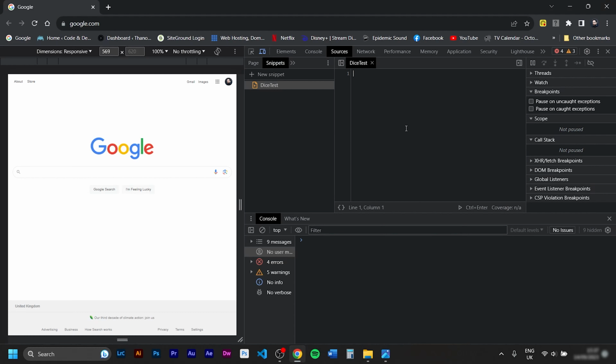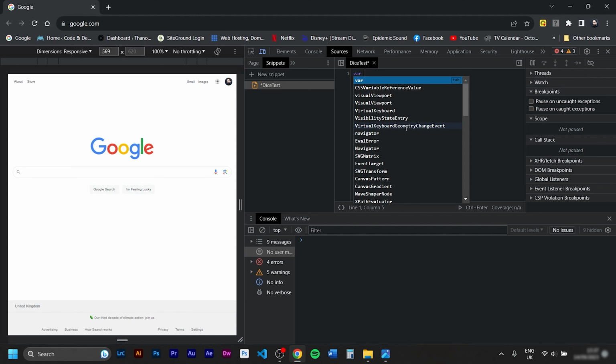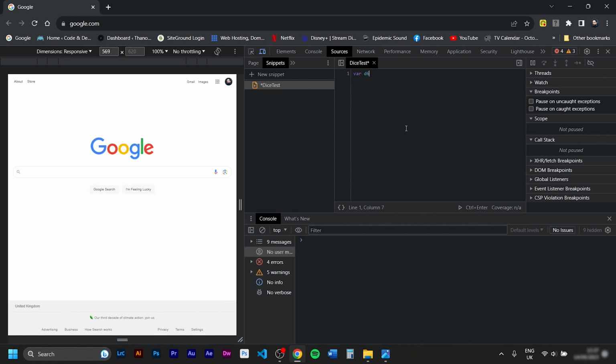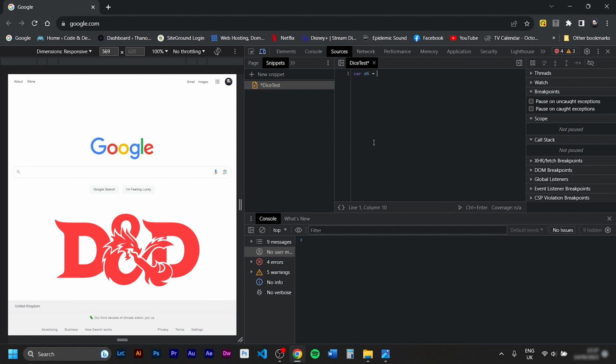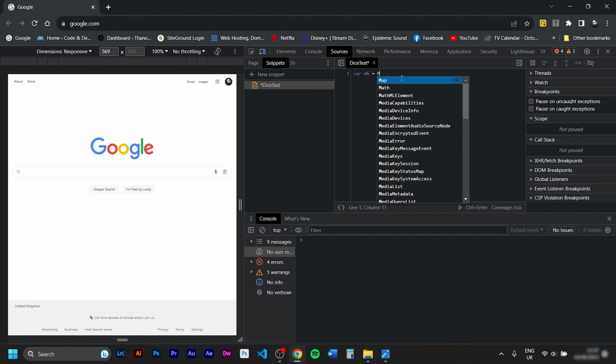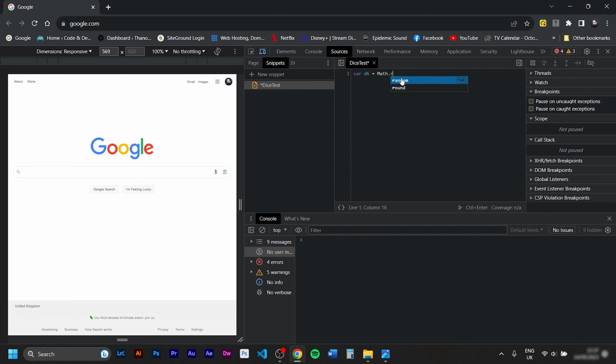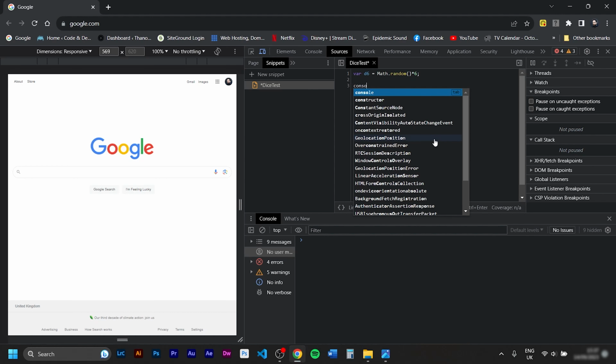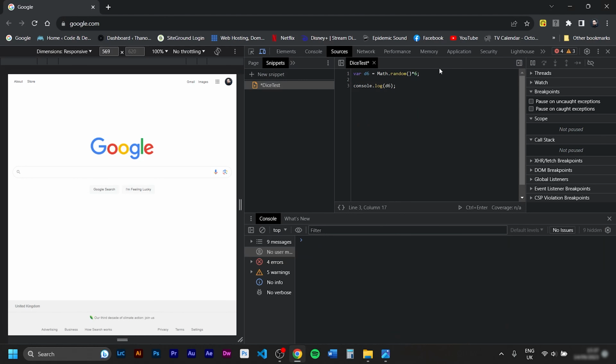So the idea we have is a 6-sided die. So we'll start with a variable. We write var. I will name it D6 because I play D&D and this is the terminology we use there. We'll use a classic one, that's the Math.random(), open and close parentheses, multiplied by 6. And underneath, I'm just gonna console.log(D6);